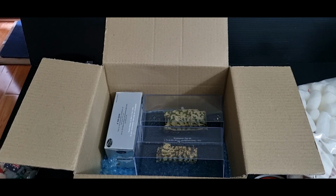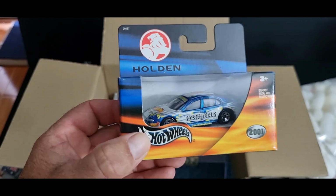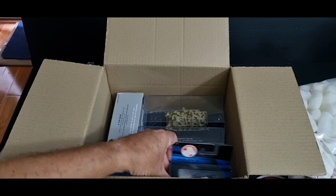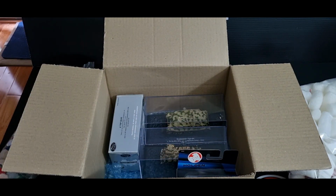What else have we got him? We got this Commodore. Yeah, I think it's a VR or maybe a VS. But anyway, this will be going off to him. Oop, nearly dropped it. So yeah, I'll put that in there. Then we have...